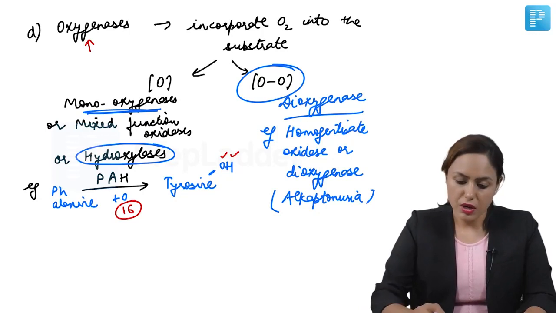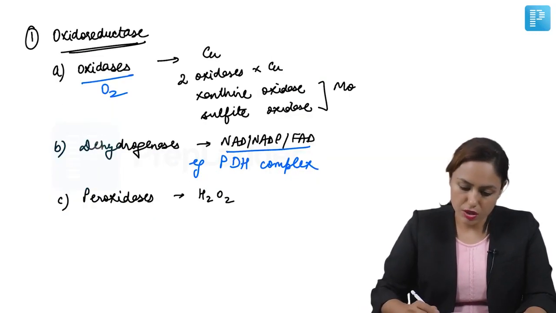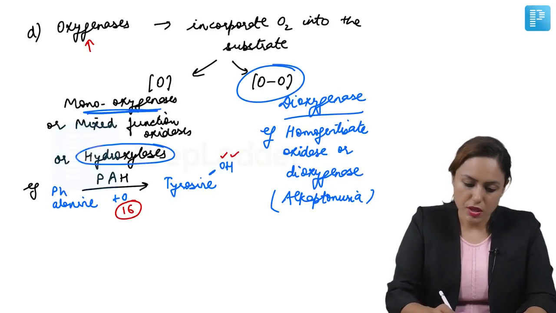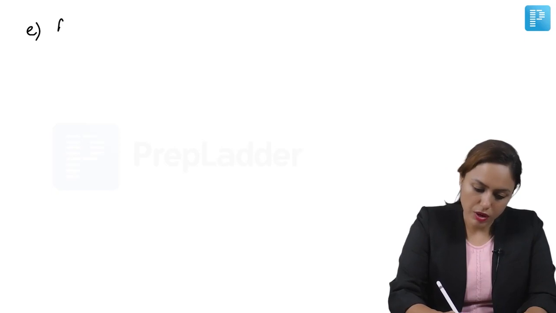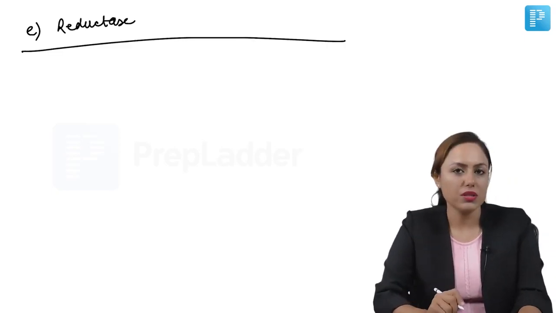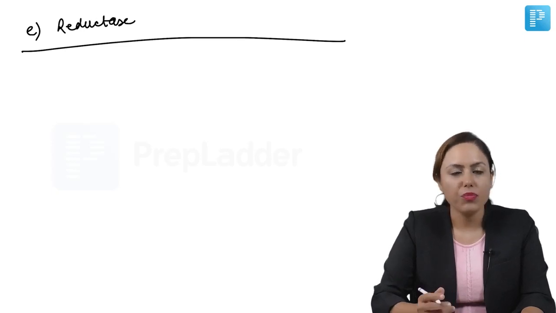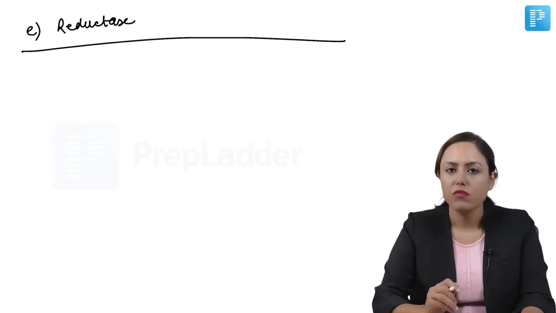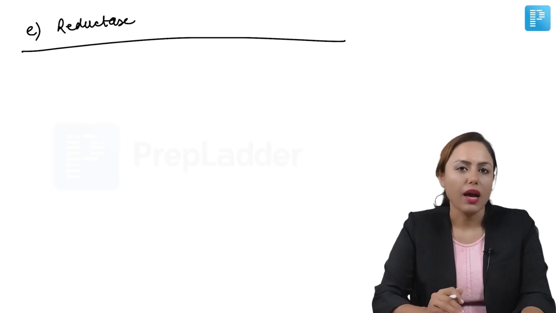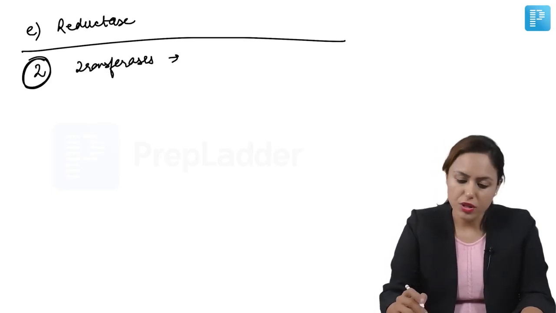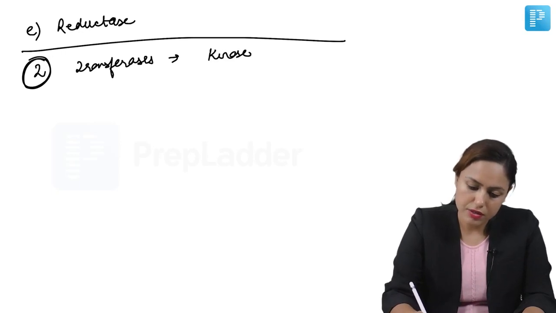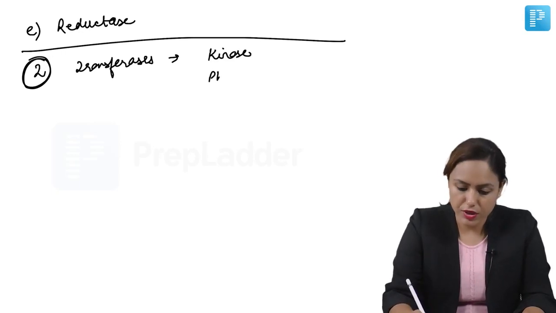So we are done with oxidoreductases: oxidase, dehydrogenase, peroxidase, oxygenase, and one more you can write here is reductase. Reductase will also come in this category, right? Example, glutathione reductase, which will add hydrogen and do reduction, right? So examples in transferases are kinase, which transfers organic phosphate,